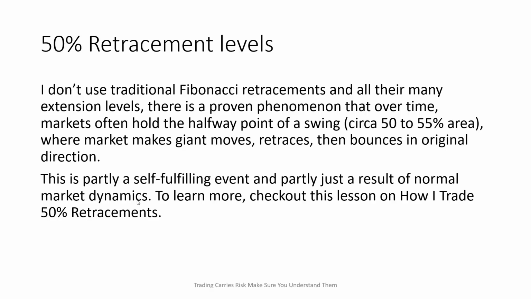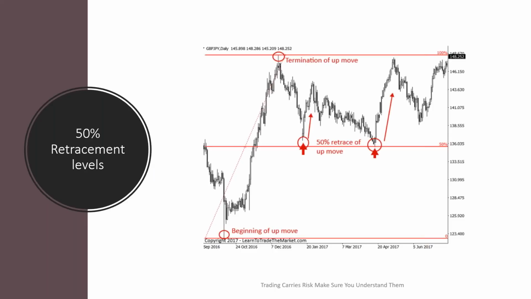Now, I don't use fibs that much, but I do use the 50% retracement level. Now, the 50% retracement level isn't actually a fib level. It comes from Dow theory. It was developed by Charles Dow. And it is his belief, and he's the father of basically technical analysis, that an asset will retrace 50% of its prior move. So in other words, as we can see in this example,